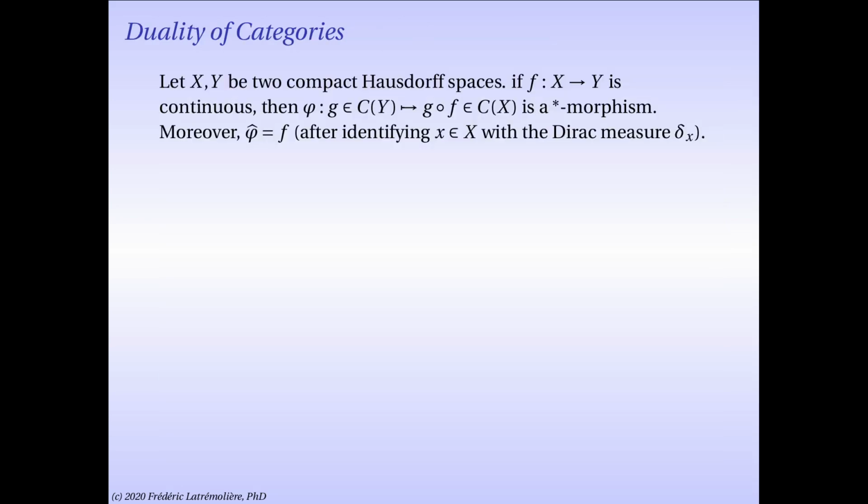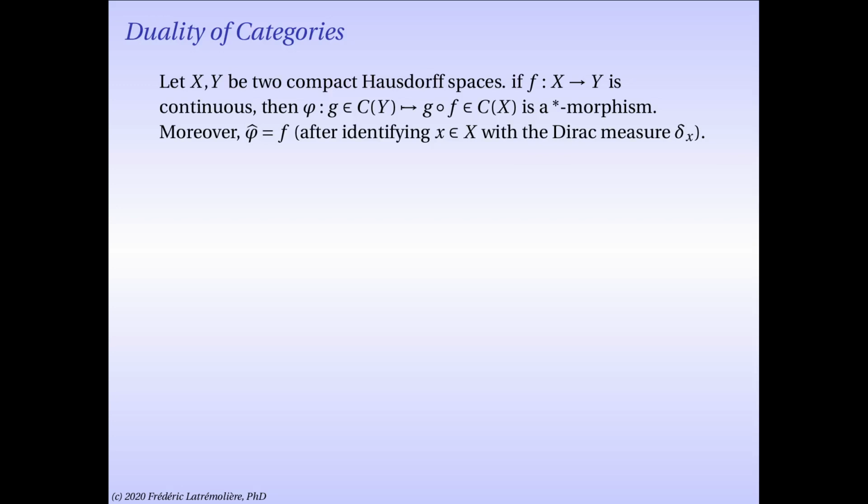Okay? So if you have two compact Hausdorff spaces X and Y, and a function f from X to Y that's continuous, then I can make a star morphism from C of Y to C of X. And the way it works is you take a function in C of Y and you compose it with that f, and it gives you a function in C of X. And that's a star morphism, and you could calculate its Gelfand transform, and again with the identification of the space X with the Gelfand spectrum of C of X and the space Y with the Gelfand spectrum of C of Y that we discussed before,